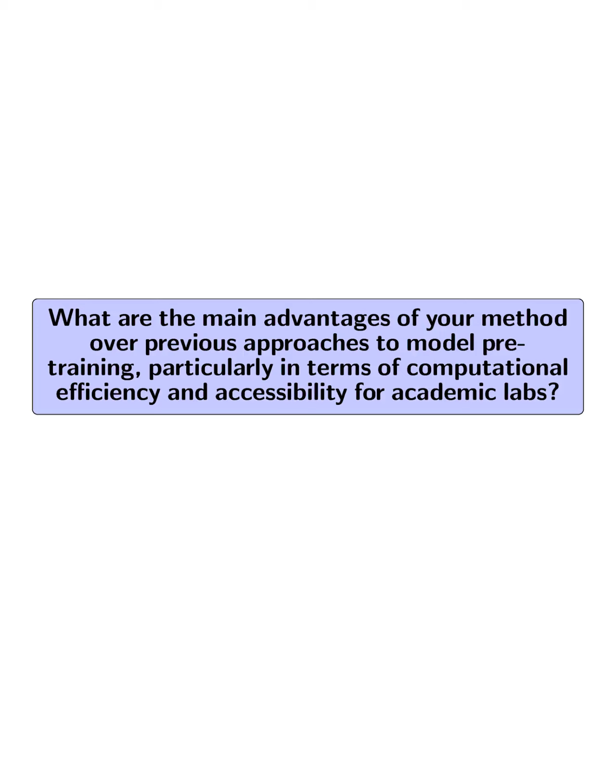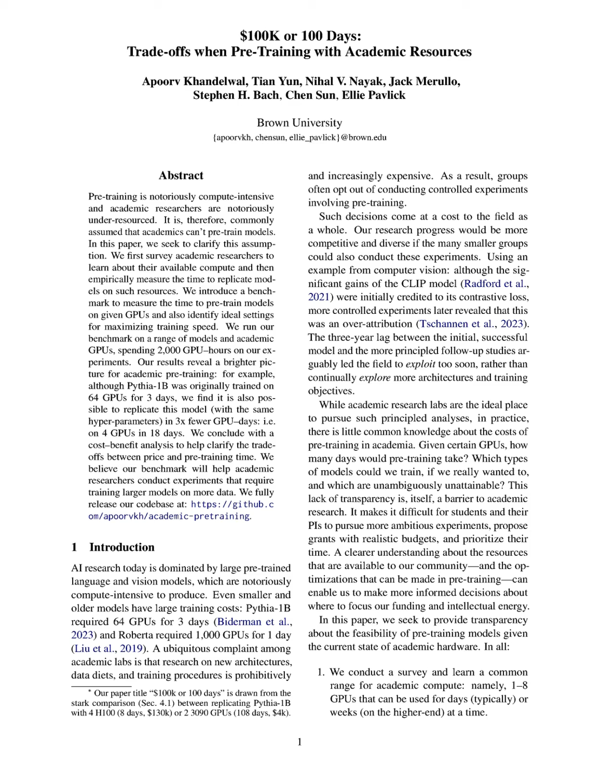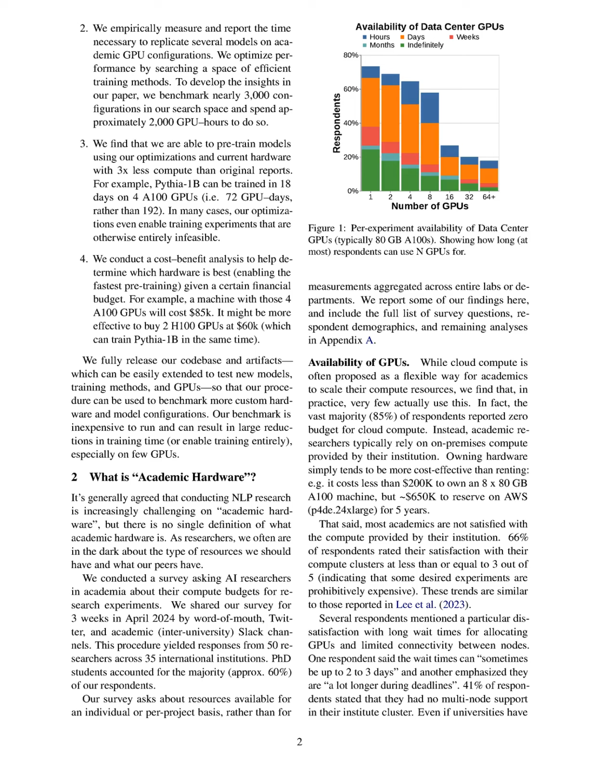What are the main advantages of your method over previous approaches to model pre-training, particularly in terms of computational efficiency and accessibility for academic labs? Our method offers significant advantages over previous approaches to model pre-training by achieving substantial reductions in computational requirements and enhancing accessibility for academic labs. Specifically, we demonstrate that our optimizations allow models like Pythia 1B to be trained in 18 days on just 4 A100 GPUs, which is 3x less compute than originally reported, making it feasible for labs with limited